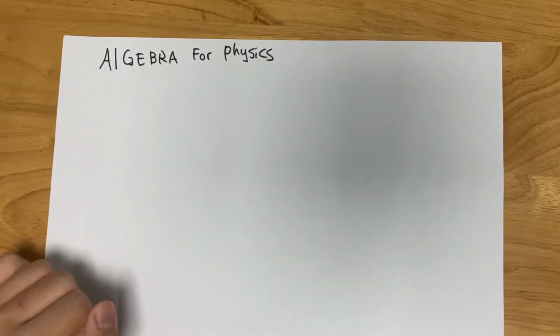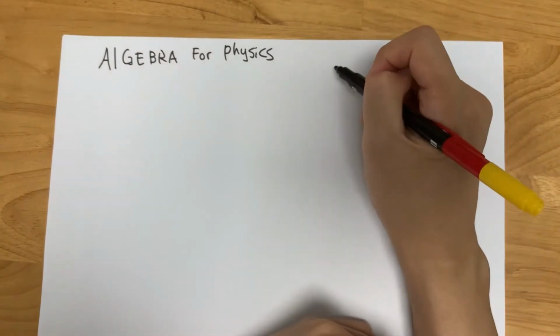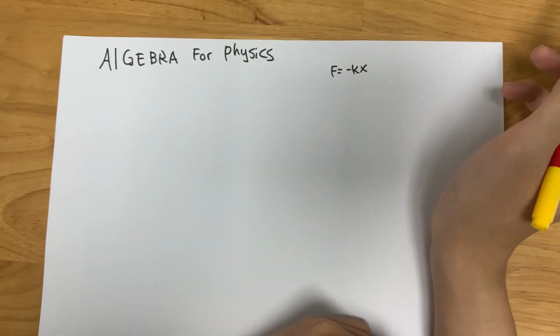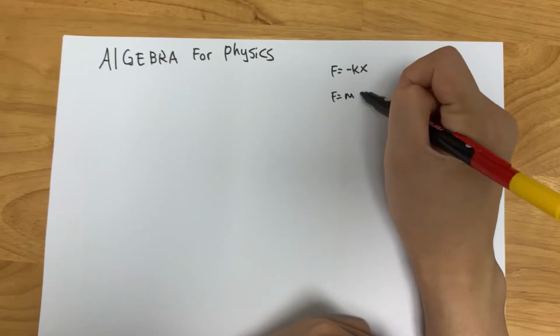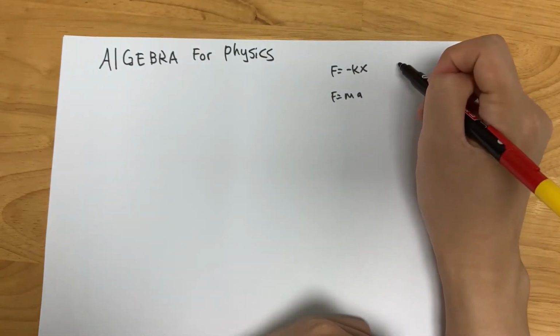A lot of physics equations, actually, will be in math. For example, F equals kx. This is called Hooke's law. You're gonna learn that later. Or F equals ma, etc. A lot